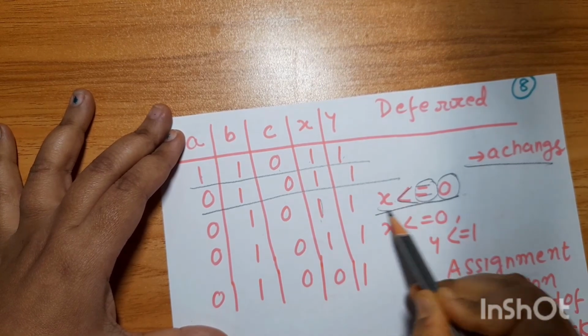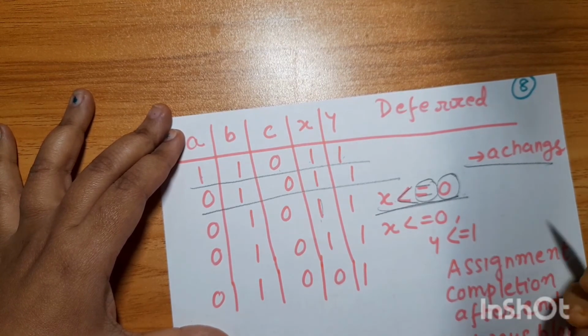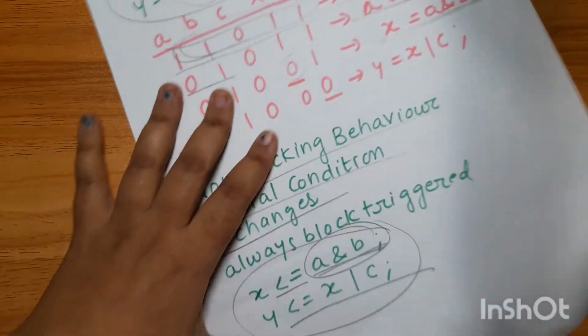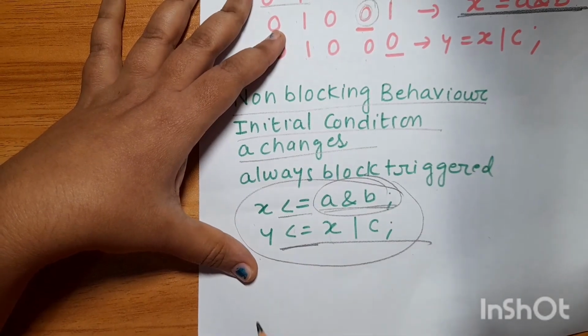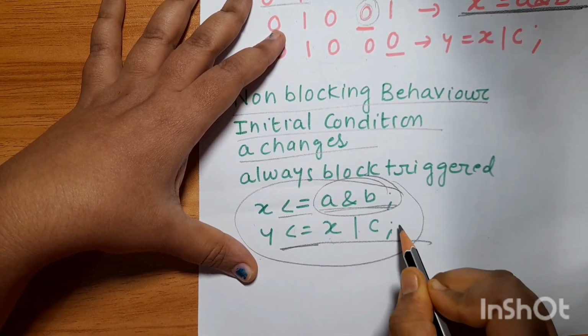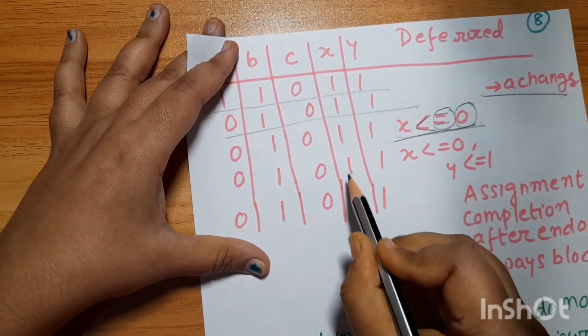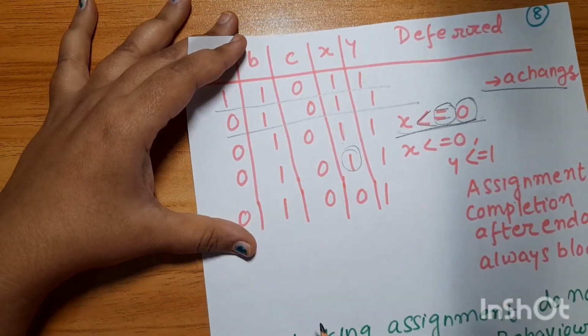We won't stop here, and we will move to the next statement, that is Y non-blocking assignment X or C. Here also the old value of X, that is 1, is used